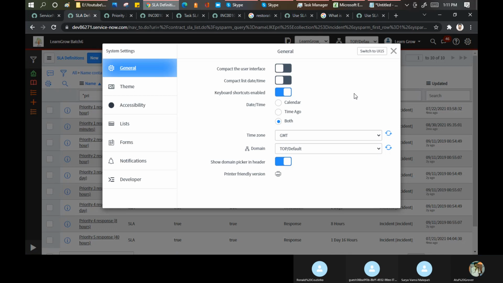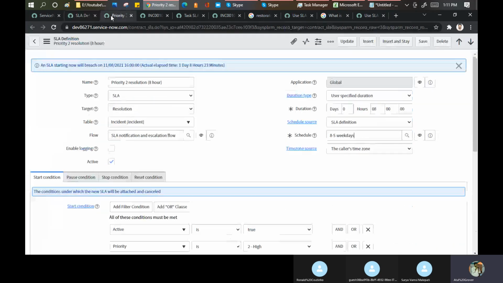Generally, it matters especially when the client is somewhere where there is daylight saving. Let's say in the US, and we are working in India time zone, for example. Then maybe it may matter, right? But if your SLA depends on the caller time zone, then how is the elapsed time calculated? SLA calculation is based on the elapsed time, not on the start time or any specific created time. If you have support hours, your support is based on support hours, so you will have to calculate it accordingly, no?